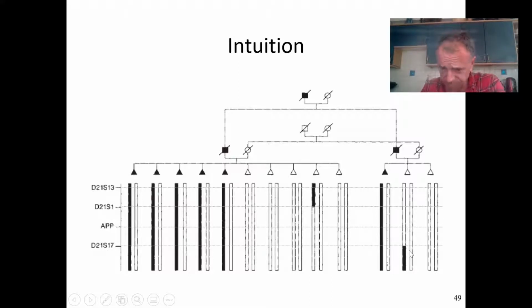And what we see is, if we think that the disease variant is on the black haplotype, which seems to be mostly the case, each of these people has got a whole black haplotype that's got the disease. What we can see here is that somebody's got some of that black haplotype but not the rest, and they haven't got the disease. And the inference we can make from that, from intuition, is that the variant must be down here somewhere. It's somewhere on this bit of the black haplotype, because the person inheriting this bit hasn't got